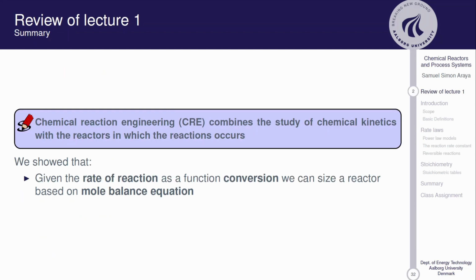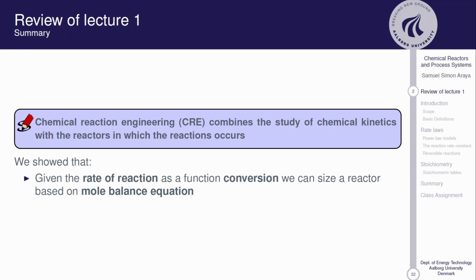So reviewing last lecture, we learned what chemical reaction engineering is. It's a branch of engineering that combines the study of chemical kinetics with the vessels or the reacting spaces in which these reactions occur. And we learned why we do chemical engineering, so that we design reactors so that